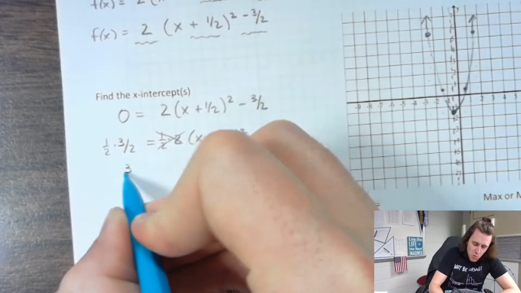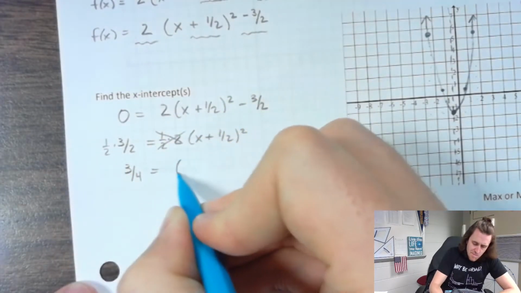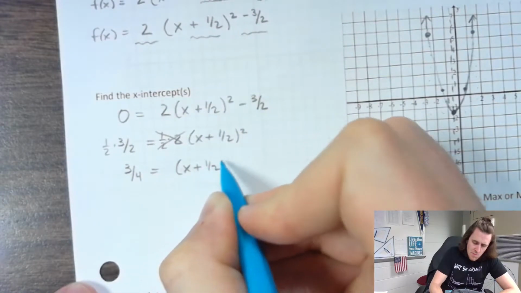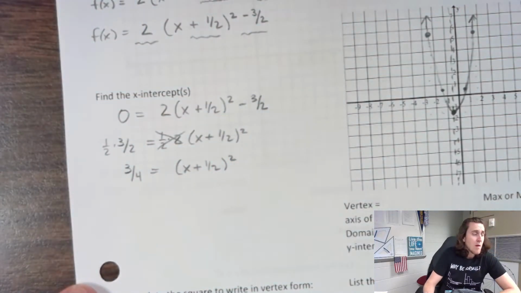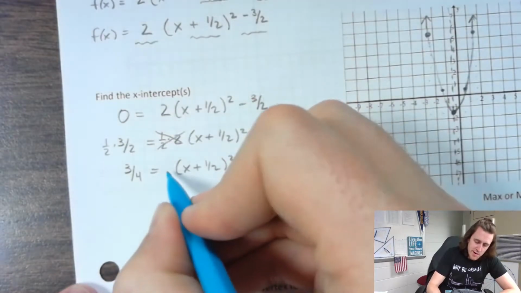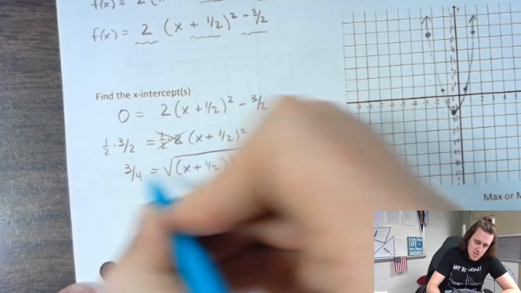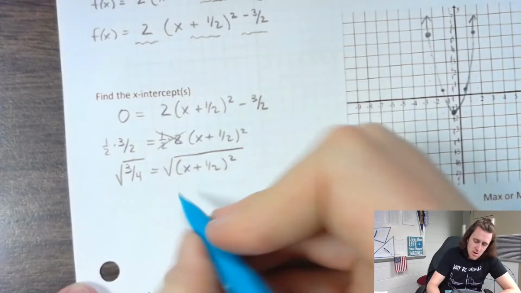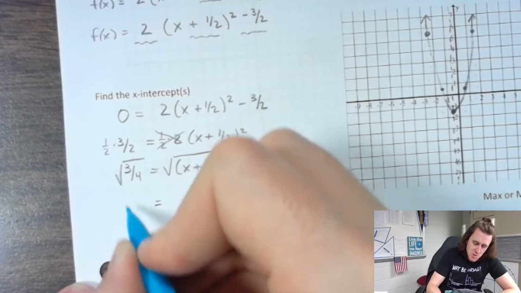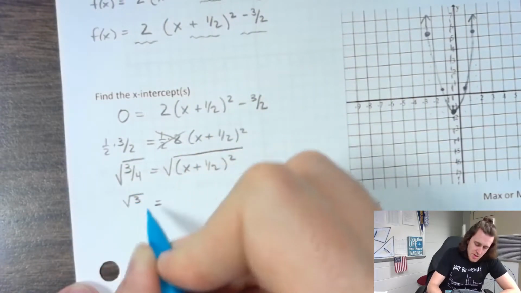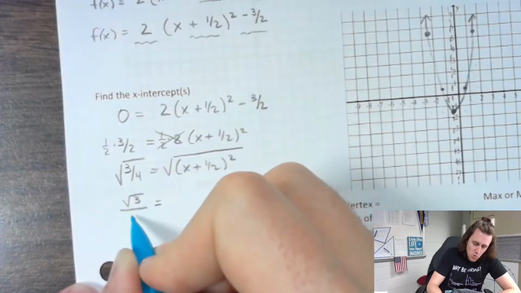That gives us 3/4. And then to get rid of squares, square root it. And on the left side, we don't know the square root of 3, so we'll just leave that the way it is. We do know the square root of 4,